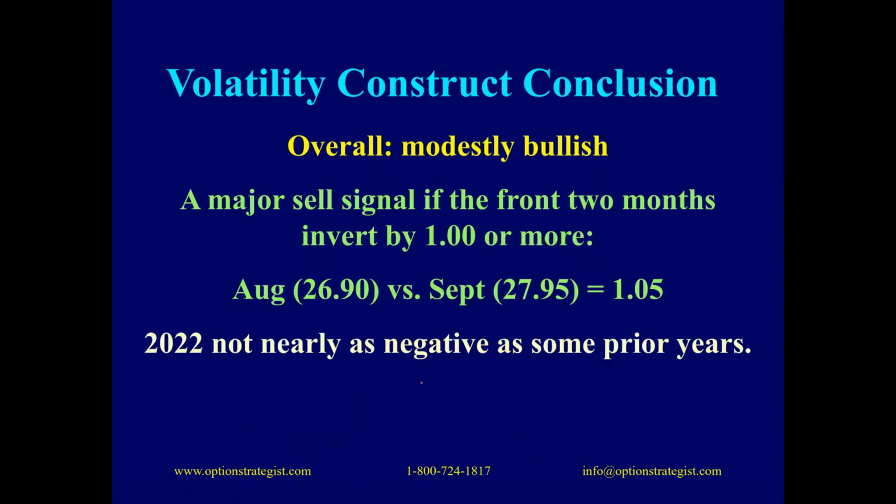So the thing that you should watch all the time is the relationship between the front month and the second month VIX futures. So right now, last night on the close, 26.90 and 27.95. The difference was 1.05, with September being the highest. That's nicely bullish. That's not a problem for the market. But if they invert, and they invert by more than 1 point, you should be heading for the exits quickly,